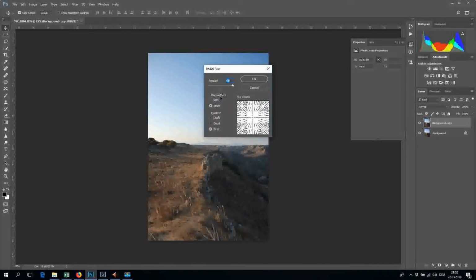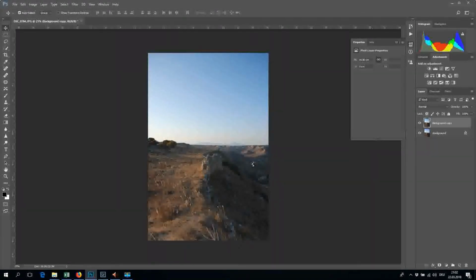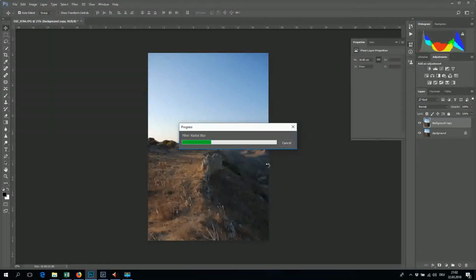Make sure you have the blur method set to zoom, quality best, and go pretty hard, like, let's do it, yeah, that's okay, or 100, it's also okay. So let's apply the filter,